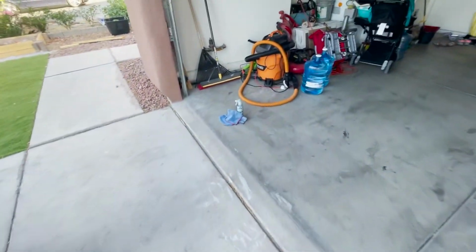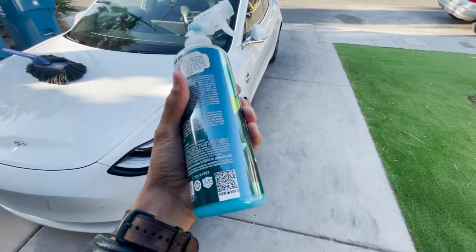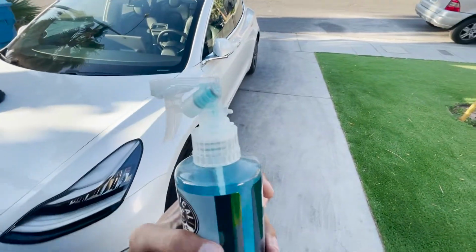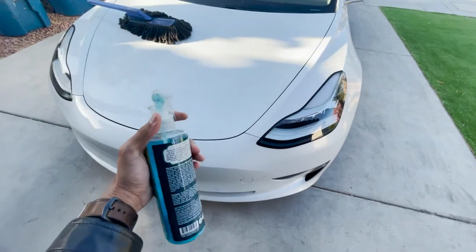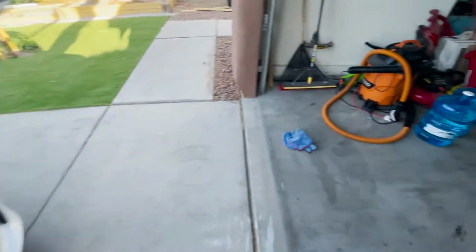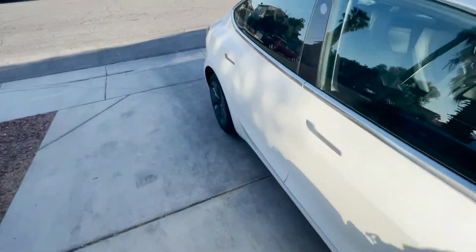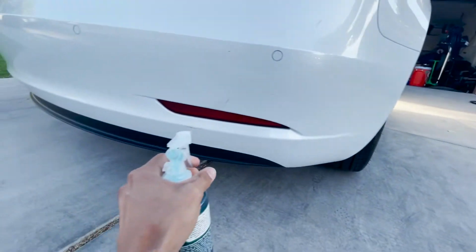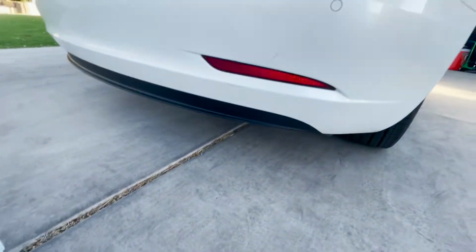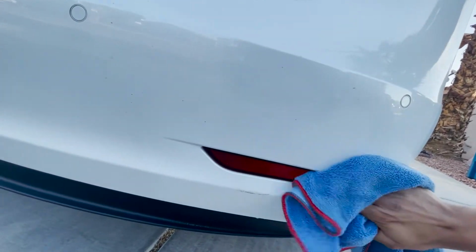Then we're gonna use this Chemical Guys product called Waterless Car Wash. This thing's like magic, guys. It's kind of funny, the spray because it fell, but it's really good because you just spray it, and I'll show you guys here. So I'll use my microfiber, and we already dusted out this part right here. So we're gonna spray it, maybe 1 or 2 sprays is enough. I wanna get the microfiber, and it's as simple as just